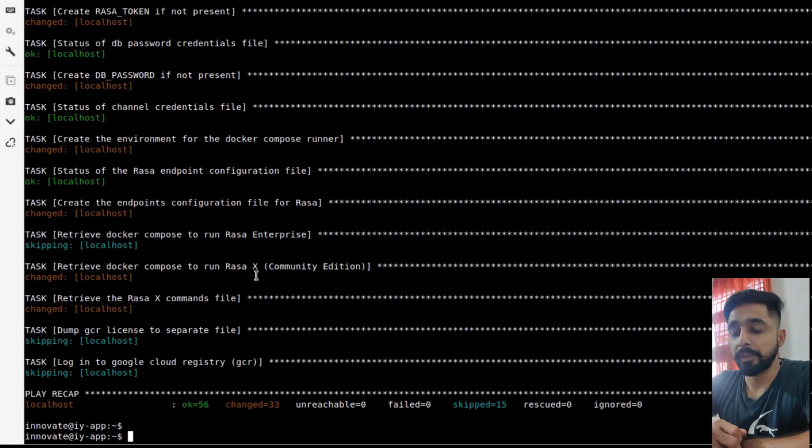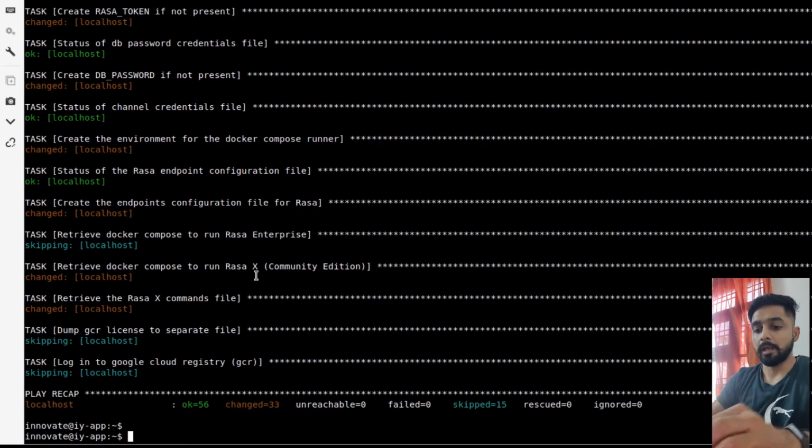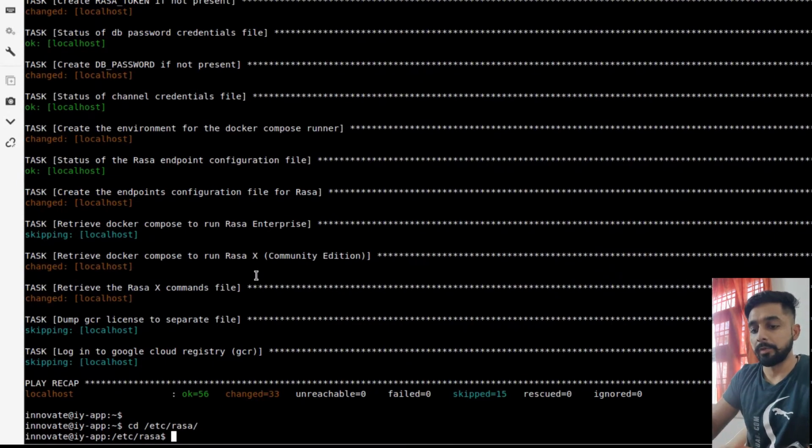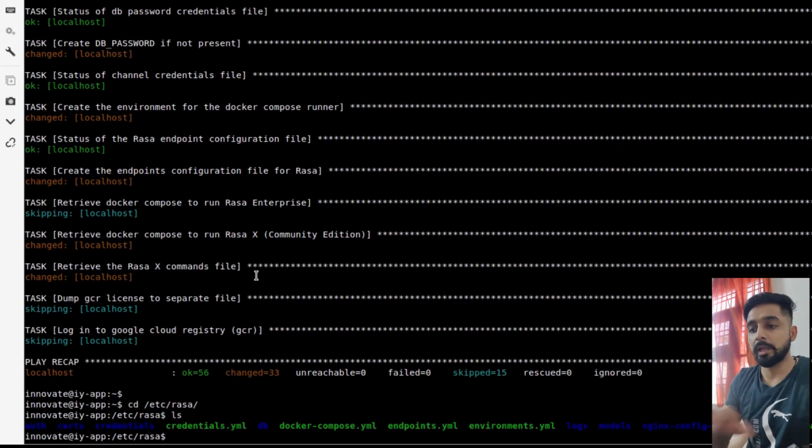Alright, so this command is successfully done, and with that it will create a Rasa directory, where I will be changing my directory right now. That will be inside /etc/rasa. Right, so I have this directory now. Now I will go inside, and you can see that some files have been created over here.